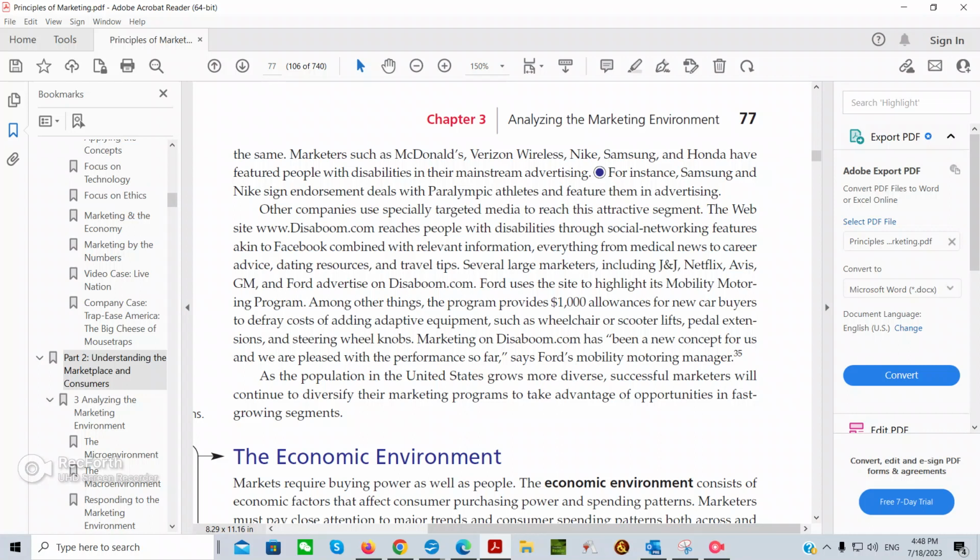Other companies use specially targeted media to reach that attractive segment. So you can use an event or a TV-like event, a multi-day event, to do that as well. Now you can also, in this case, use the web. The website